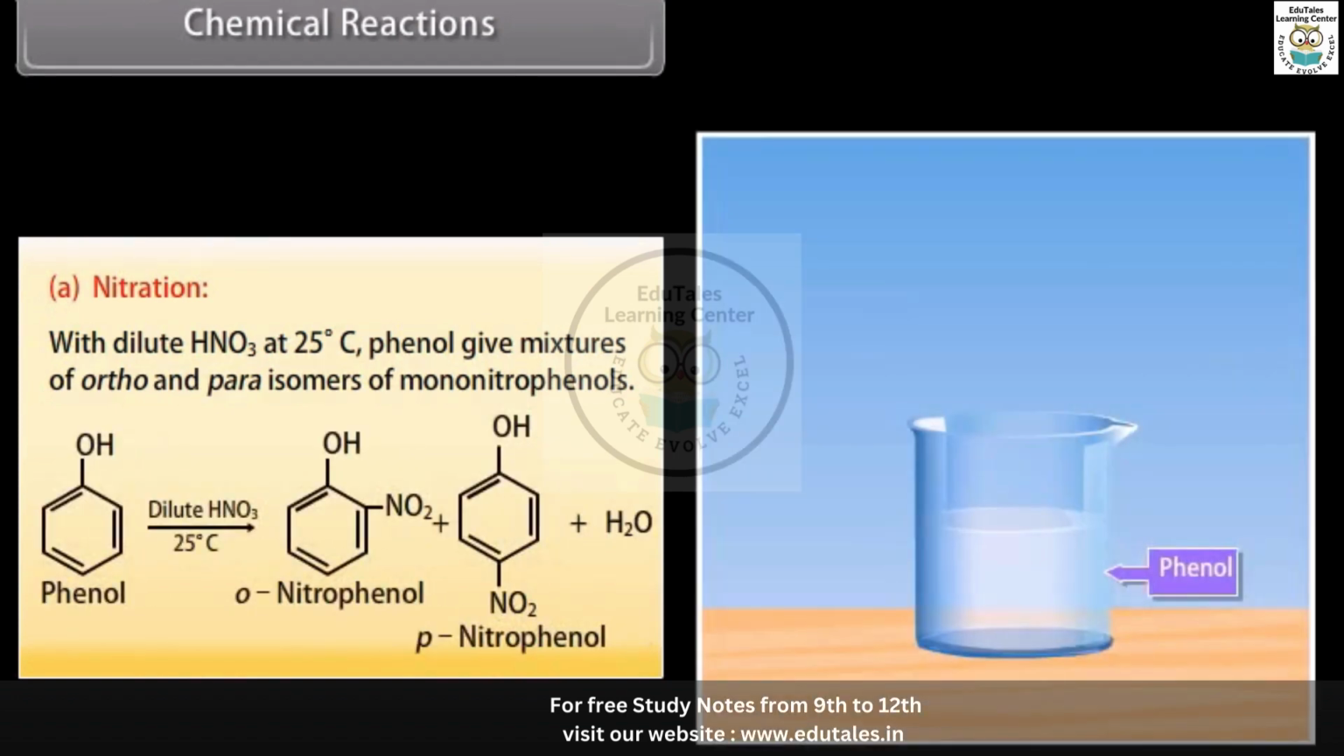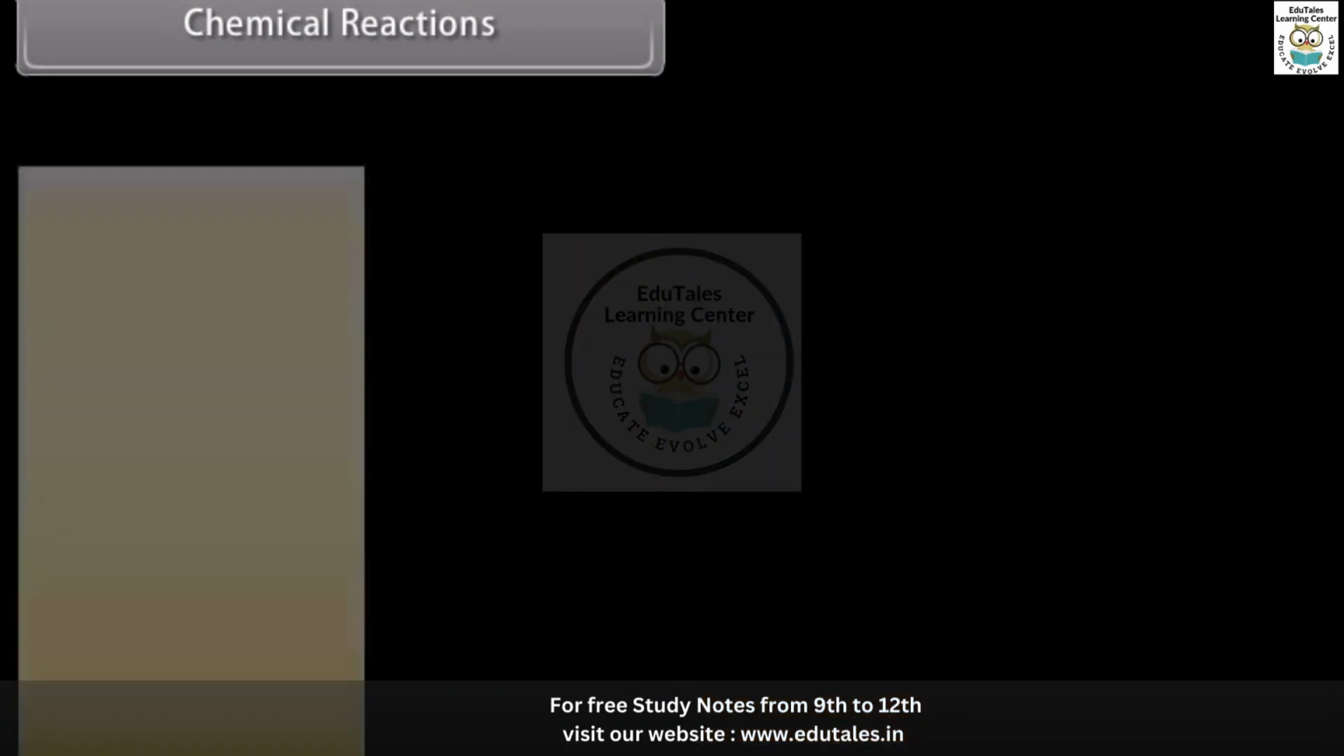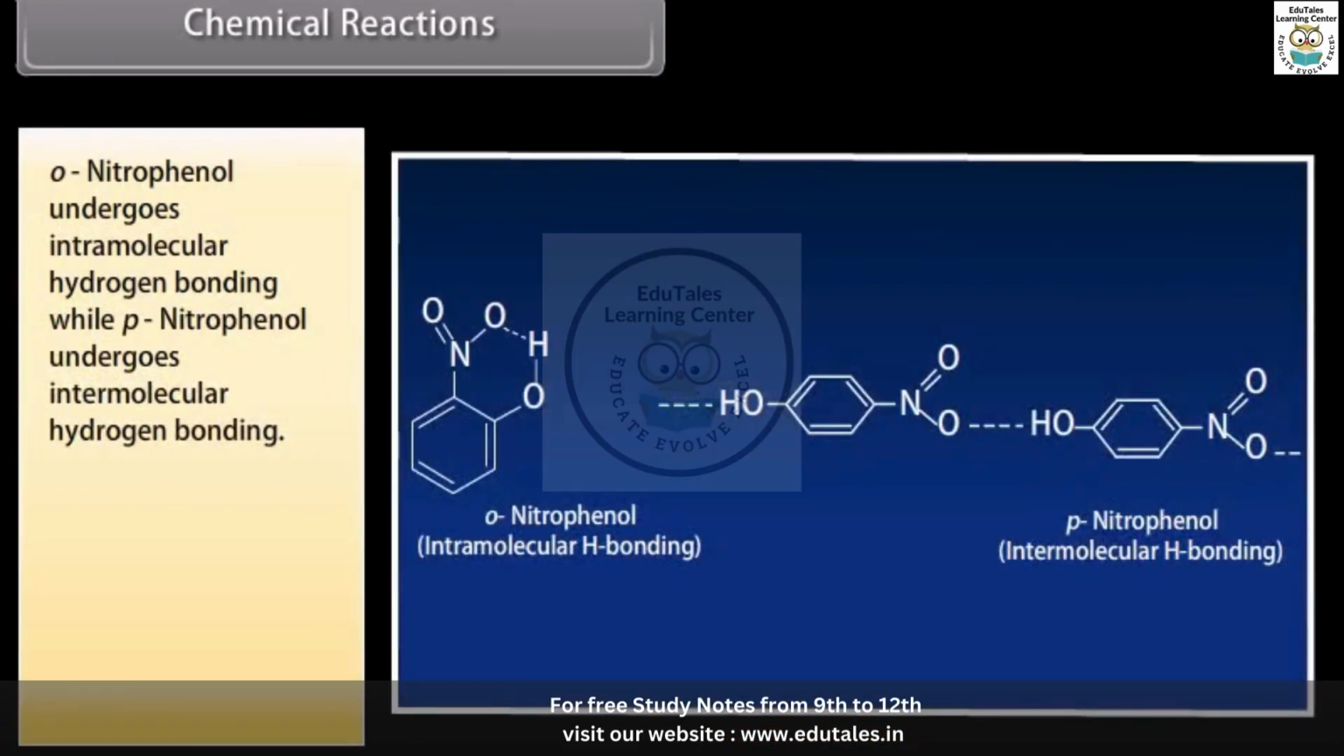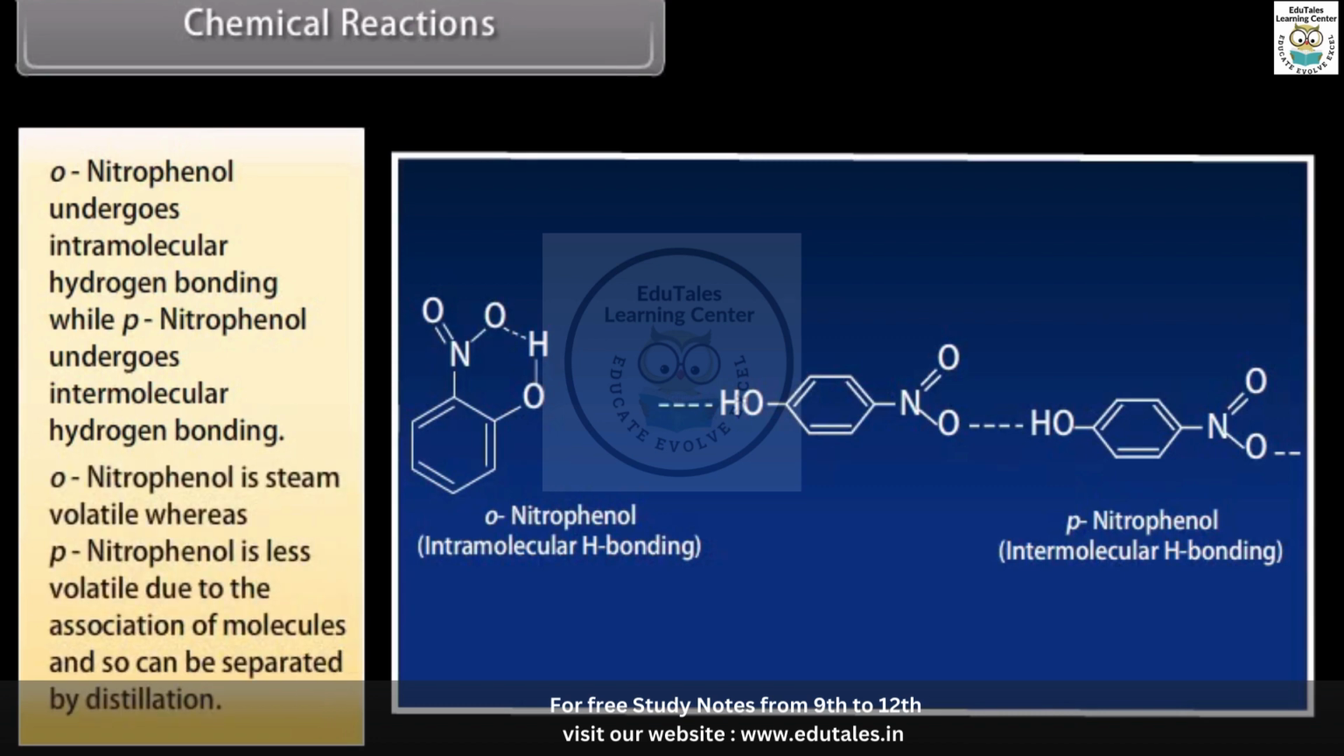On adding dilute nitric acid into phenol at 25 degrees Celsius, it forms ortho-nitrophenol and para-nitrophenol. Ortho-nitrophenol undergoes intramolecular hydrogen bonding, while para-nitrophenol undergoes intermolecular hydrogen bonding. Ortho-nitrophenol is steam volatile, whereas para-nitrophenol is less volatile due to the association of molecules and so can be separated